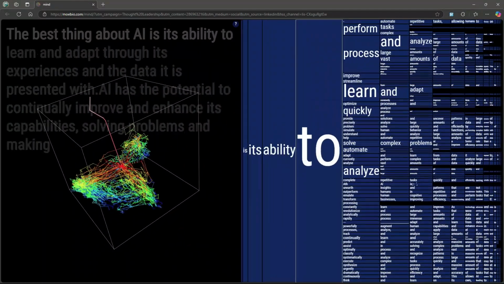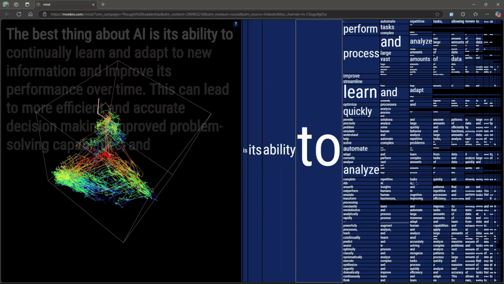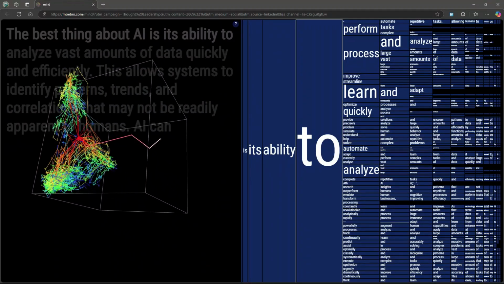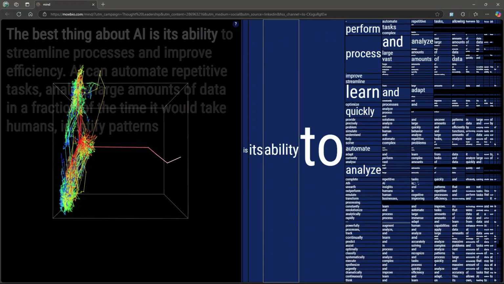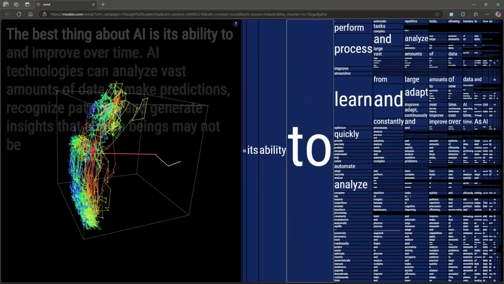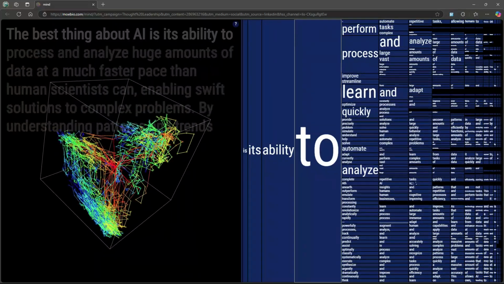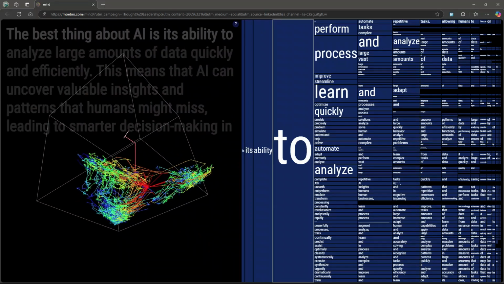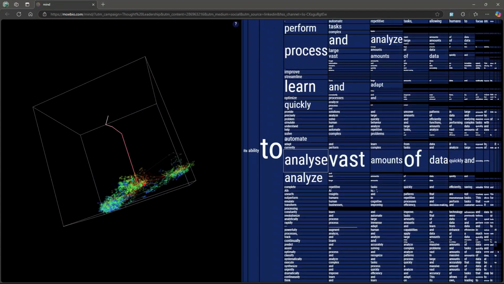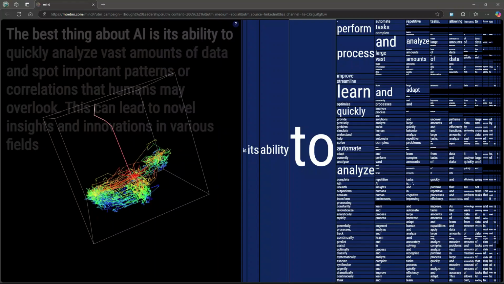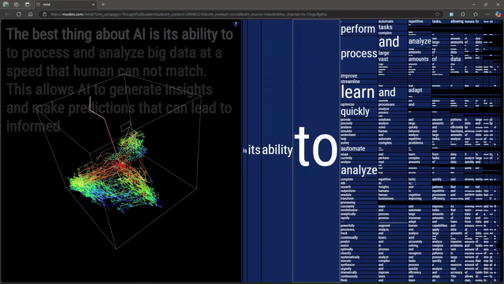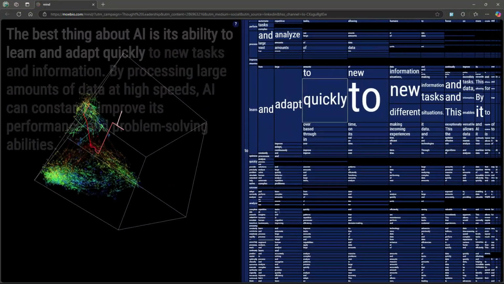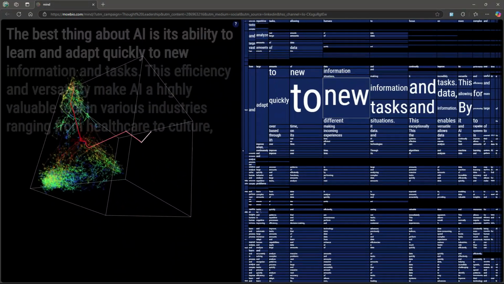Now notice that some words are bigger than others. The ones that are bigger are the ones that have the highest possibility of being chosen. They are the most probable token. So if this was an actual AI choosing, there's a higher chance of it choosing perform, process, learn, and analyze over it choosing unearth or outperform. And this is determined by the training data that it was given when it was being built. So it goes, the best thing about AI is its ability to learn and adapt quickly to new